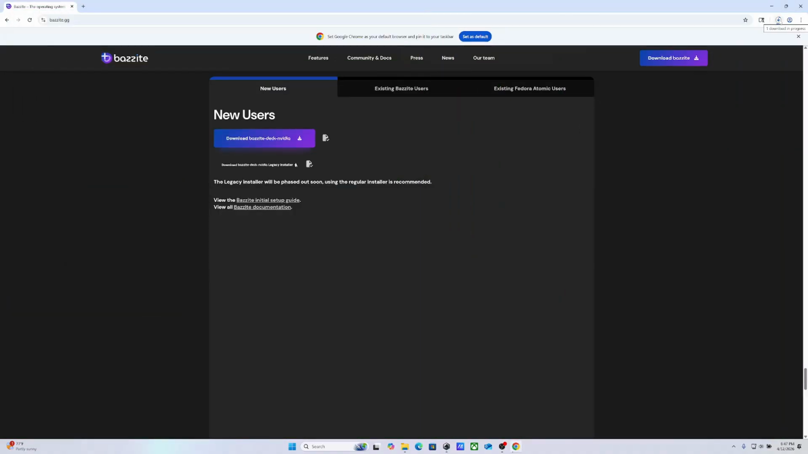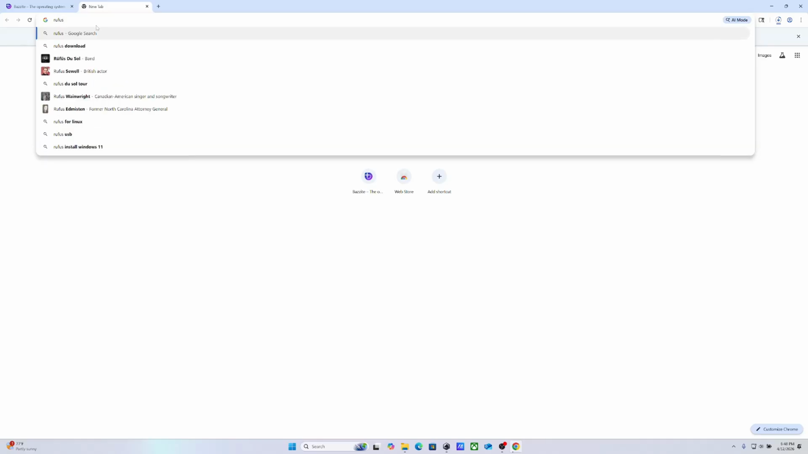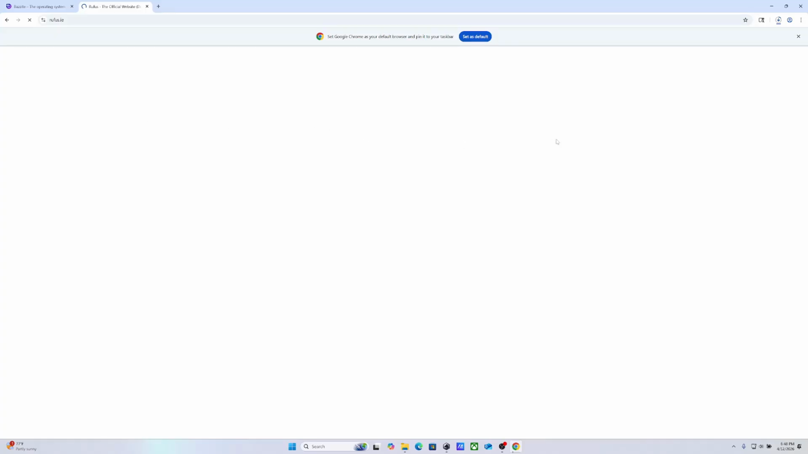That is downloading, so we'll wait for that. While waiting for that to download, here's what you can use for making a bootable drive on Windows. You can use